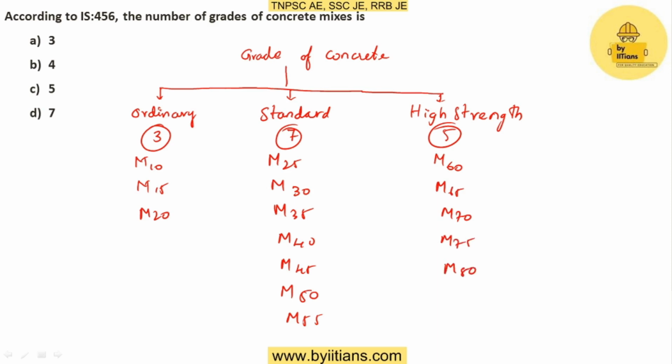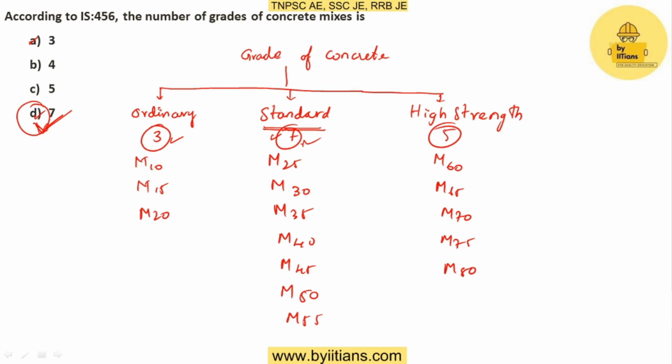So according to the question, the options 3 and 7 will be suiting for this question. Ordinary grade has 3, standard grade has 7. The standard grade of concrete is what we use, because the standard used at our site is 7 number of grades. So option D will be the appropriate. So there will be confusing questions like this, so you should have a clear-cut idea which will be the appropriate